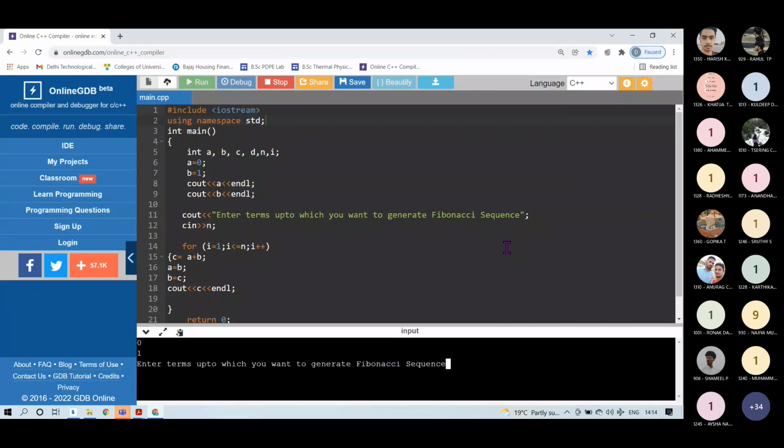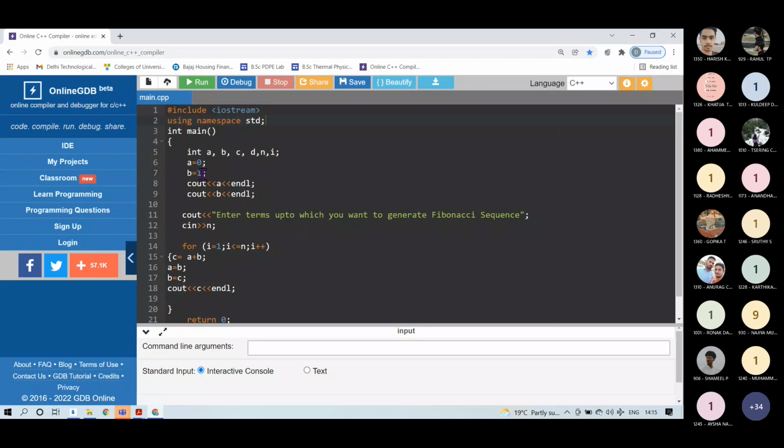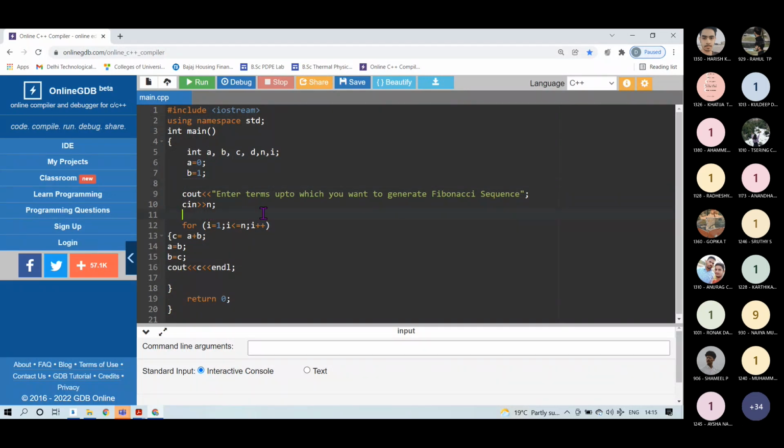Okay, 01, it is printing actually before this, before taking this n. So I will again stop this program. I will print this cout A and cout B after this n. Okay, that will be a better way to print this.